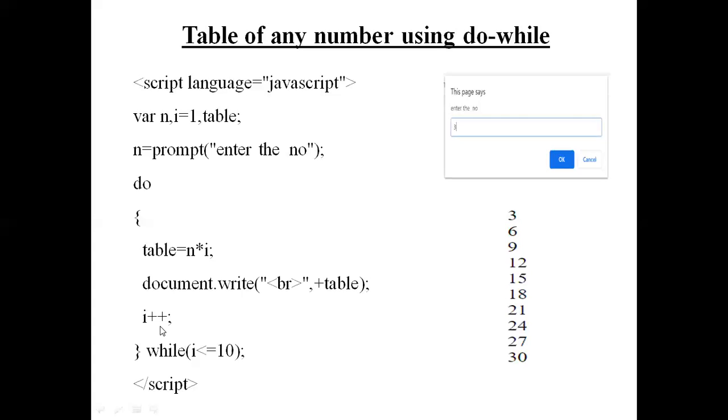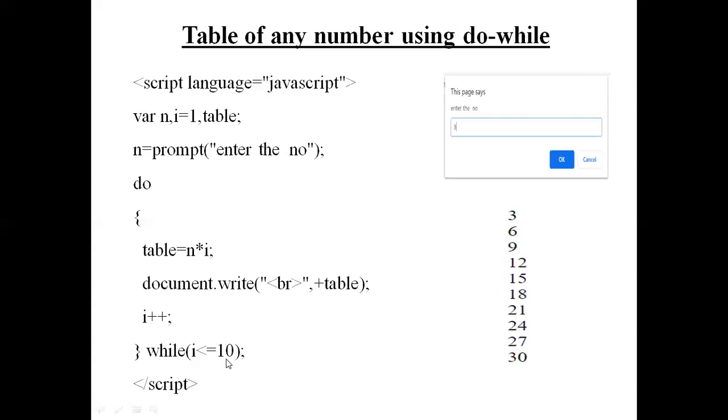Increment it. The variable should be incremented and then it is the checking. So I is 1 here. Okay, 3 into 1, 3 will be displayed. I becomes 2. 2 is less than 10? Yes. 3 into 2, it will display 6. I becomes 3. 3 is less than 10? Yes. 3 into 3, what will it display? Third value 9. Then I becomes 4. 4 is less than 10? Yes. 3 into 4, it will display the next value.